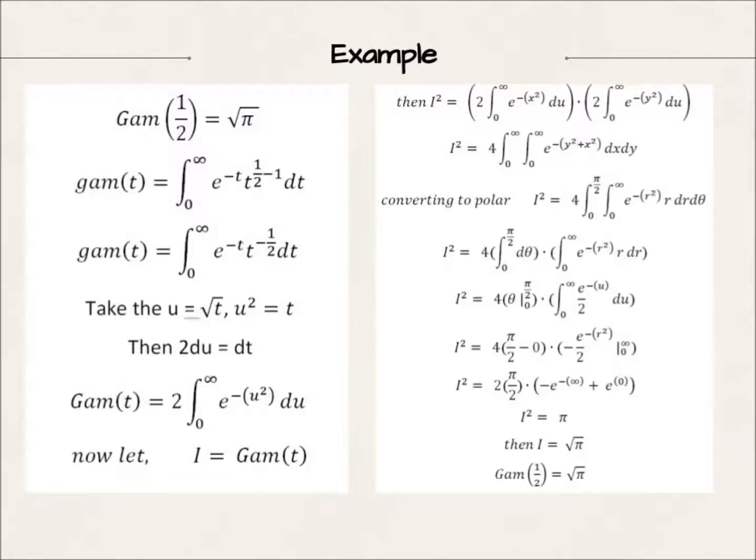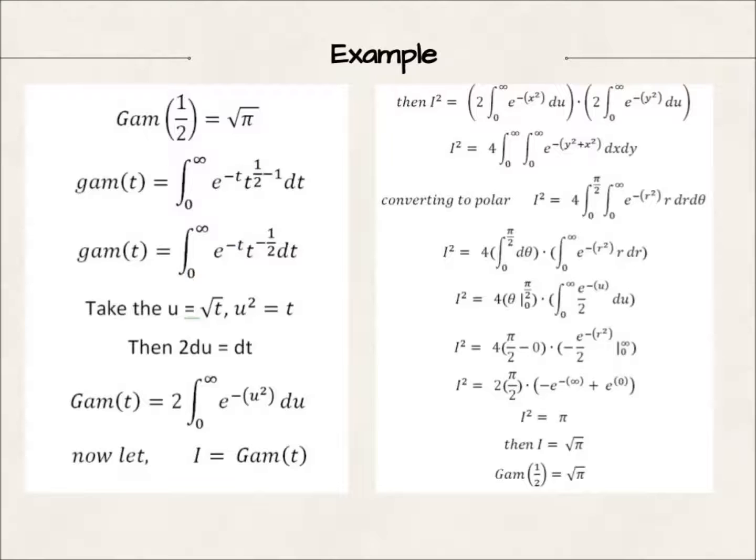Upon reaching this step, the trick is to let this integral equal some variable I. Now notice, to integrate the integral from 0 to infinity of e^(-u squared) du, we would have to make a u substitution to get rid of the u squared. But we cannot do so because there is no additional u term in the integral as it is. So the trick we use is to square both sides, where our integral now becomes I squared equals the integral from 0 to infinity, 0 to infinity, of e^(-(y squared plus x squared)) dx dy,